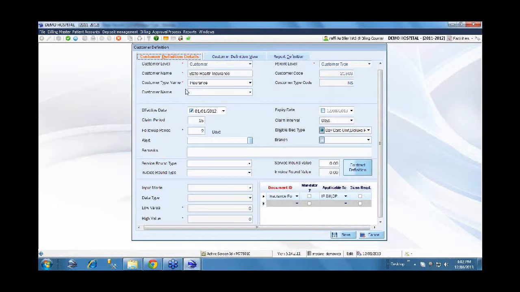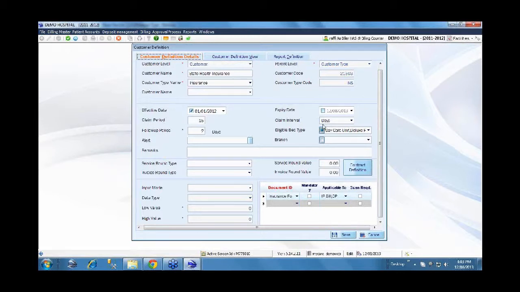So once we have the basic information, this link here is for linking with accounts receivable modules. So we have our own account receivable, and also we have the capability to integrate with other third-party back office solutions as well. So we can always link the accounting perspective as to which is this payer, what is the code, we can link there. What is the contract period, what is the start date and end date for the contract, and how frequent, or the frequency interval in which the claims are generated for this particular customer.